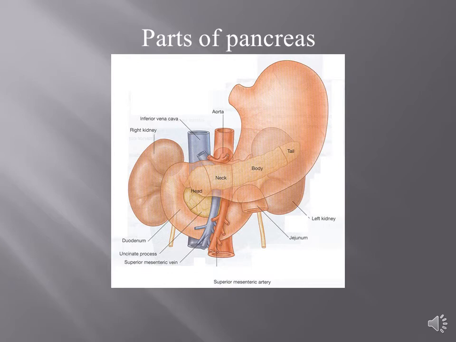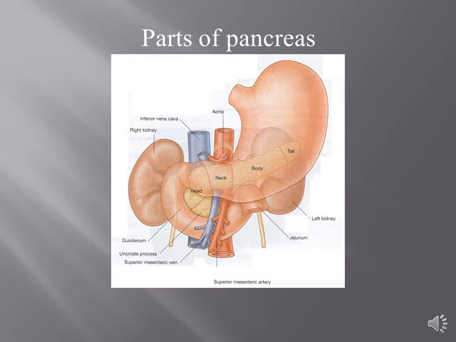So in this we can see how pancreas is related with neighboring viscera. It is the posterior most structure as we can see over here, as it appears as a faded out structure in this diagram, and it is located posterior to the stomach because it is one of the components of stomach bed and it is separated from stomach by lesser sac. And it is yellow colored, we can see head of the pancreas, it is in the concavity of duodenum.